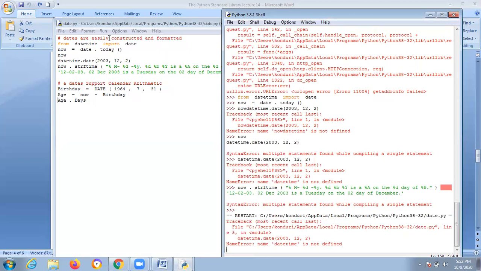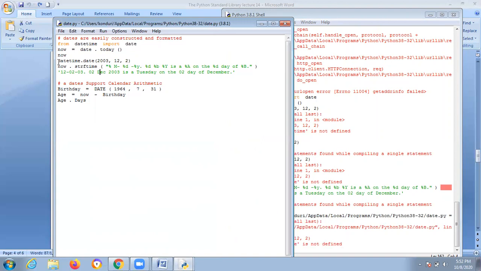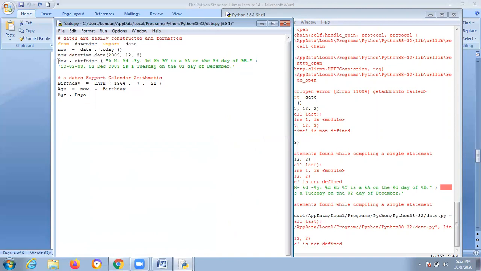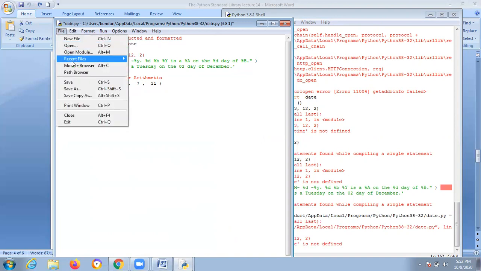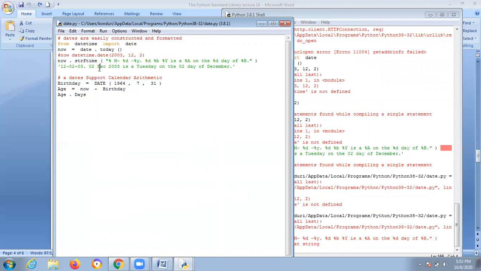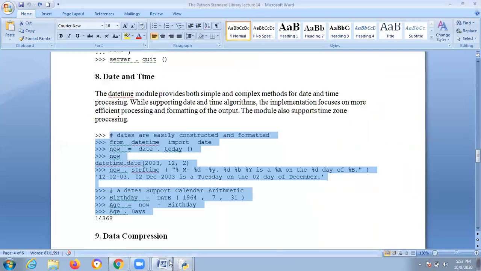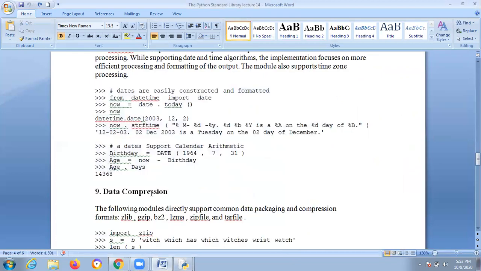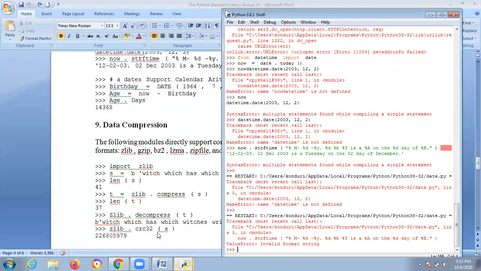Let us run and see what we are getting. datetime dot date. Anyway, date and time like this we'll see.